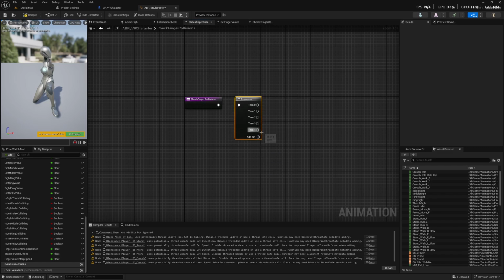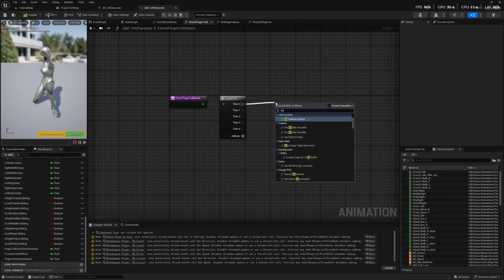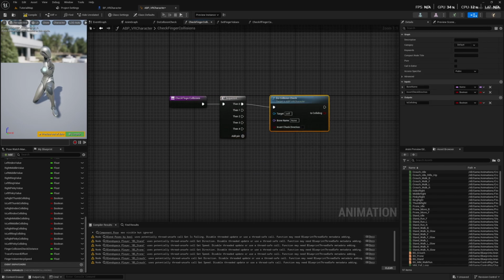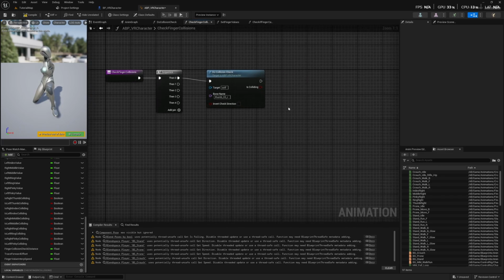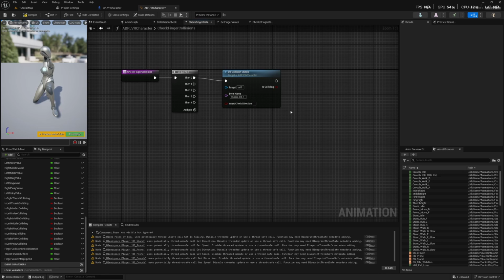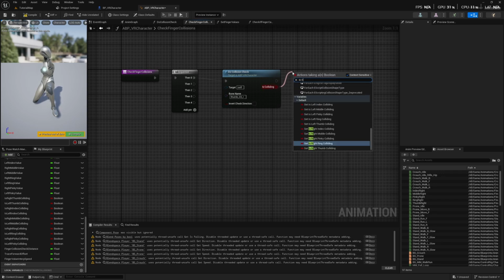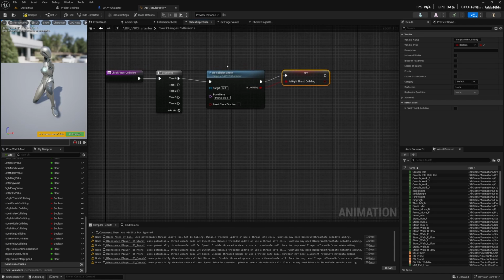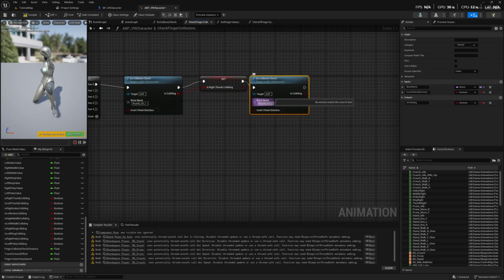Next, go to the check finger collisions function and start by adding a sequence with 5 outputs. For every output, call the do collision check function and input the third finger bone. Here I start with the thumb, so I input the bone thumb_03_R. For the right hand, leave the invert check direction unticked and send the isRightThumb colliding variable to the output